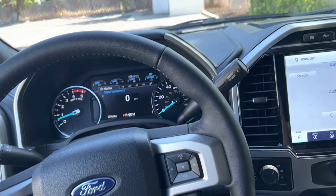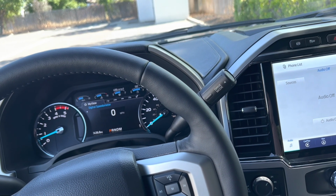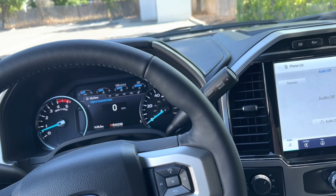You know, I think this truck looks great. I think it's a very nice truck. I think it'll look great in 5 years. I'll still like it. The whole painted bumpers and satin grill and all that kind of stuff, I just think